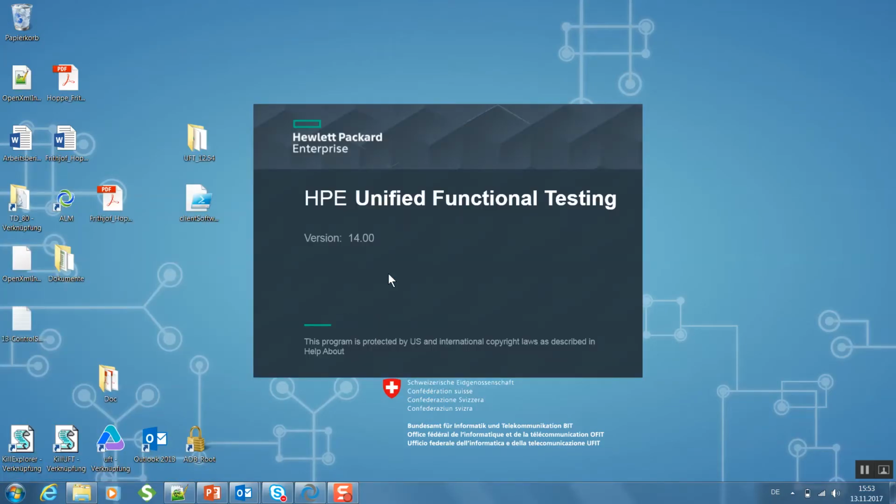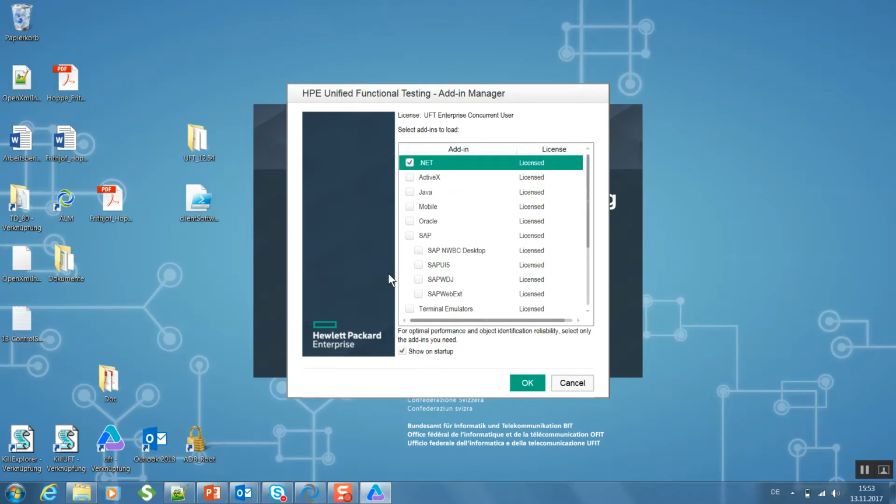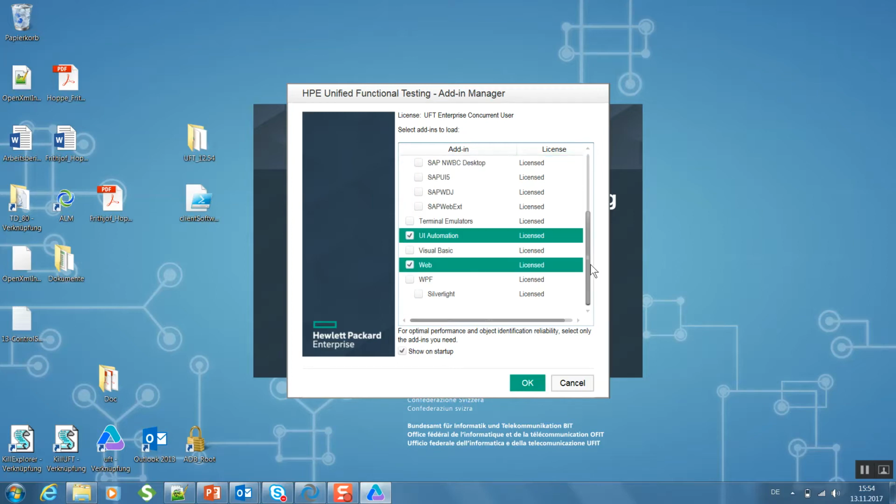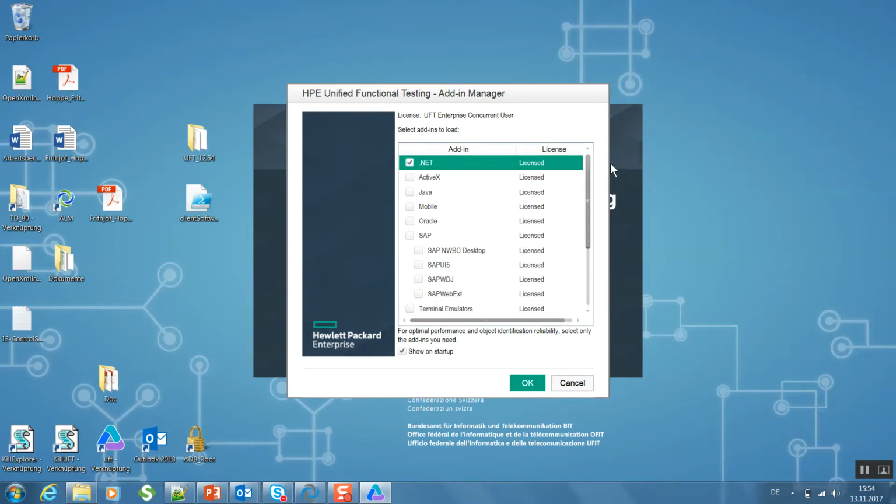It's important that you first start UFT and then Internet Explorer, because sometimes UFT has a problem recognizing objects in Internet Explorer when it was started before UFT. This window, the add-in manager, is very important, because depending on which environment you want to automate, you have to select different add-ins. For example, we now want to automate Internet Explorer, so a web application. That means that we have to choose